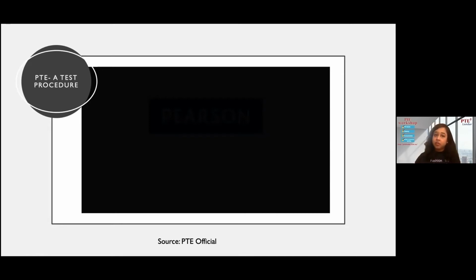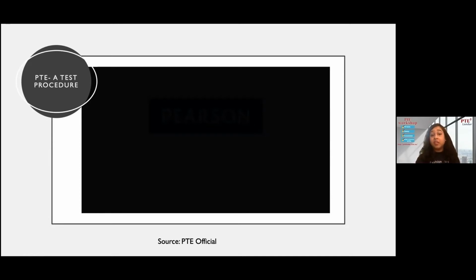And then you enter the room, and during your test, on 3 occasions, you can ask questions to the invigilator. One situation is if you have any question or concern regarding your test, if you need more pages for your notepad, or if you want to use the washroom or drink water. On these 3 occasions, you can raise your hand and the invigilator will come to help you out.